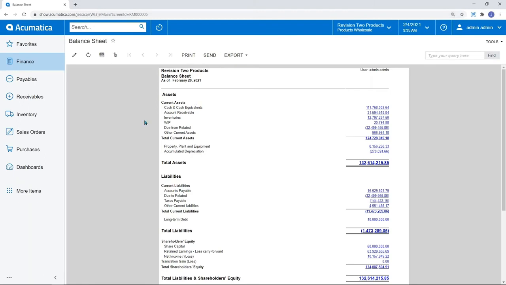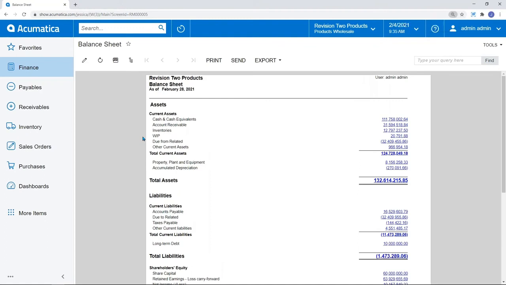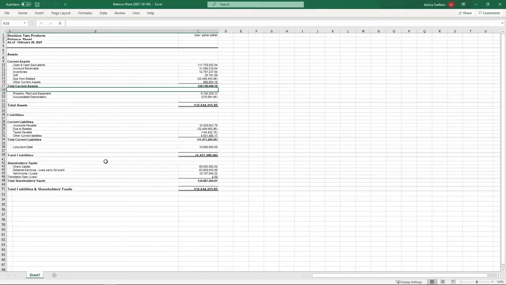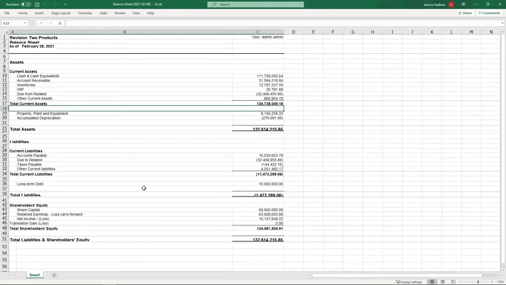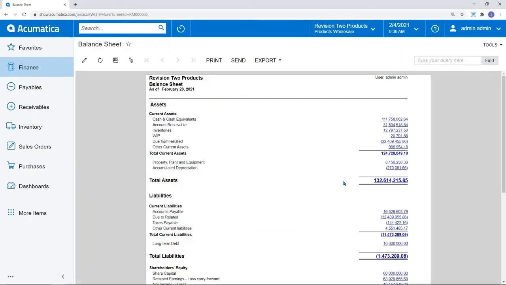So here I just ran an example of a balance sheet, and that's one of the first things you'll notice on the report: I can certainly export it directly to Excel. So you'll see that happen in, I don't know, 1 second, where I can now take that report. I'll show you the copy that just pulled up over on my other monitor here. And there you go. So this is one example of how Acumatica's flexibility, the import-export piece, is highly, highly flexible.